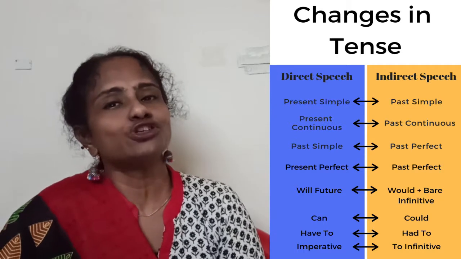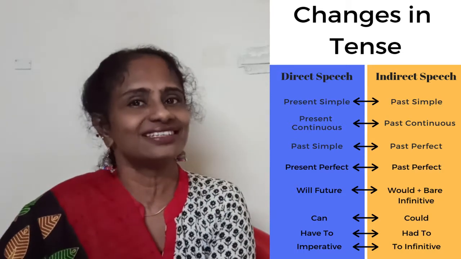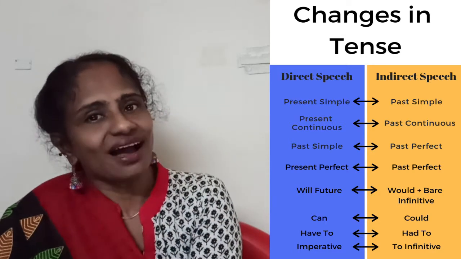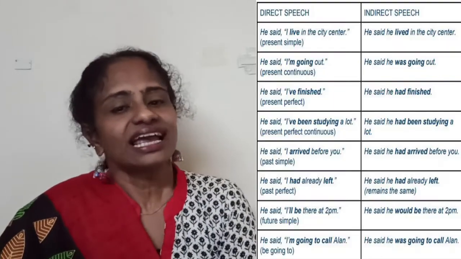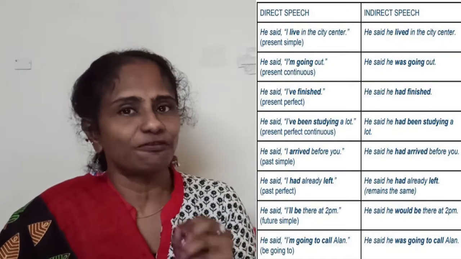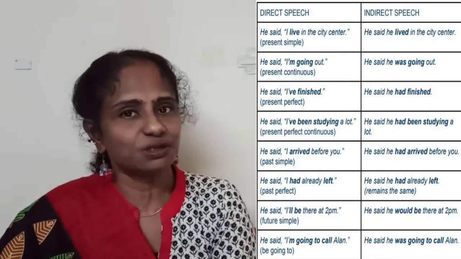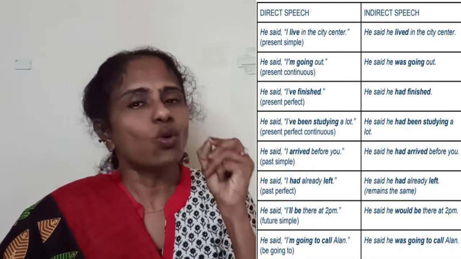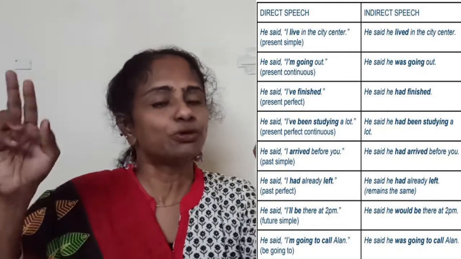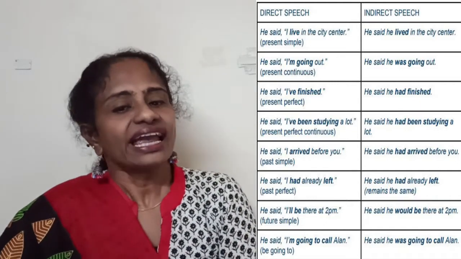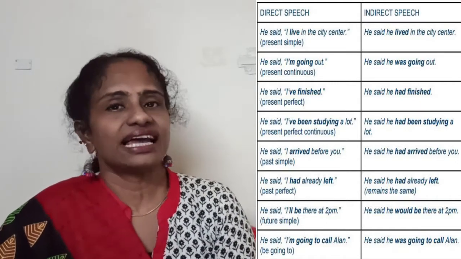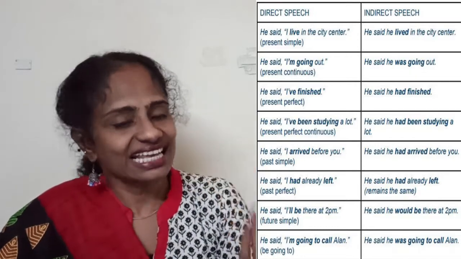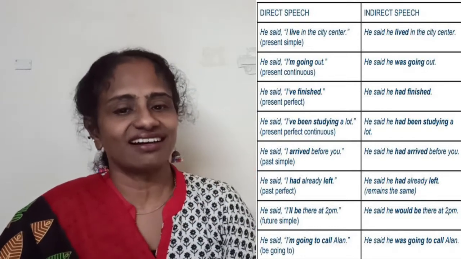Now again I am going to show you full sentences, how you change them from direct to indirect. So the sentence is: he said, people, you have to be very careful with your punctuation in the direct speech. In the direct speech, after said there is a comma, and whatever a person says is put within quotation marks. He said, "I live in the city center." This is direct speech. When you change it to indirect speech, he said,